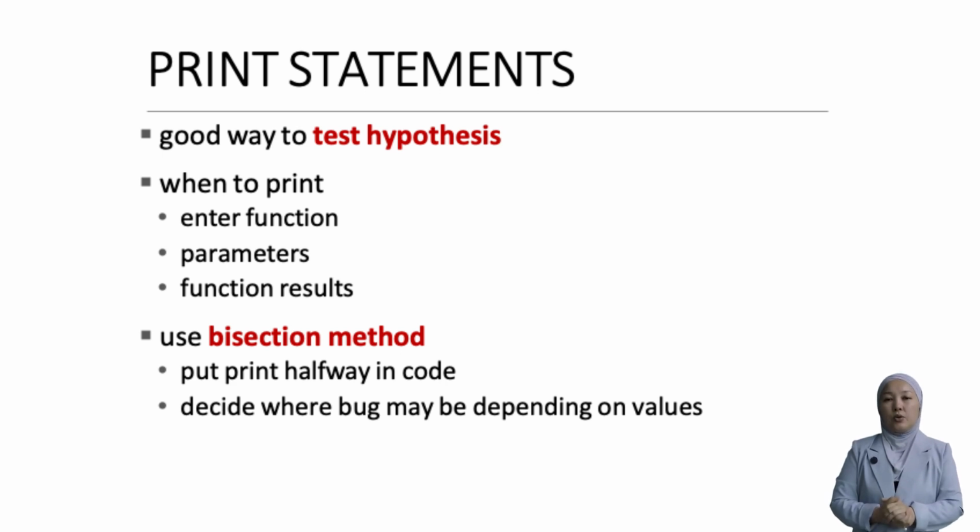When you are unsure where a bug lies, place a print statement roughly halfway through the relevant section of code. Examine the output. Does the program state look correct at that midpoint? If so, the bug likely lies in the second half. If not, it lies in the first half. You then repeat this process, narrowing down the location of the bug by half each time, much like a binary